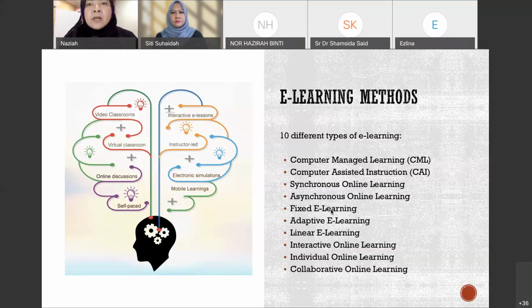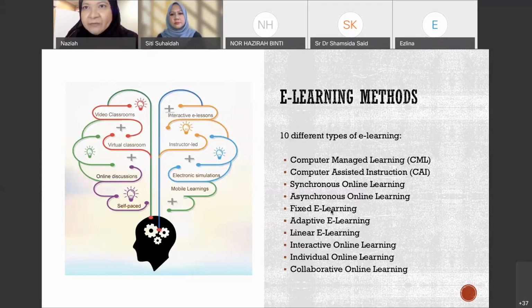The method we mostly use in university via e-learning is asynchronous online learning. It's where a group of students study independently at different times and locations from each other. We adopted this during COVID, actually. Without real-time communication taking place, these methods are often considered more student-centered than their synchronous counterparts, as they give students more flexibility. So they can think and give ideas rather than accept only directions from the educators or the lecturer. For fixed e-learning,